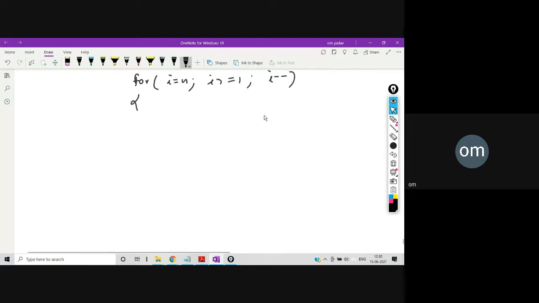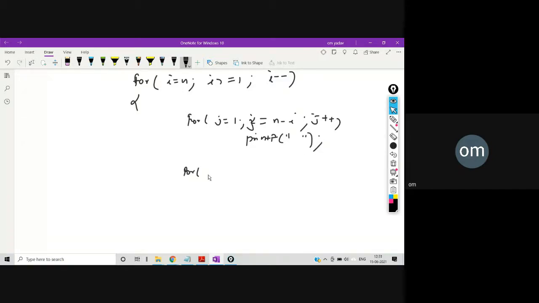The first inner loop is exactly the same: for j equal to 1, j less than or equal to n minus i, j plus plus, printf one space.